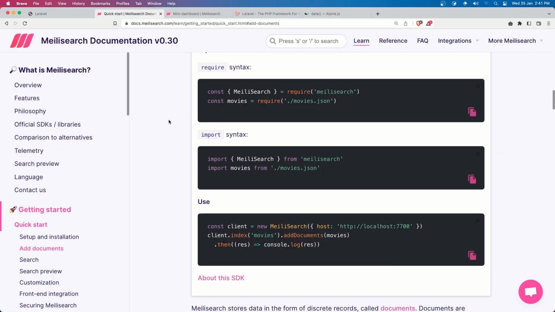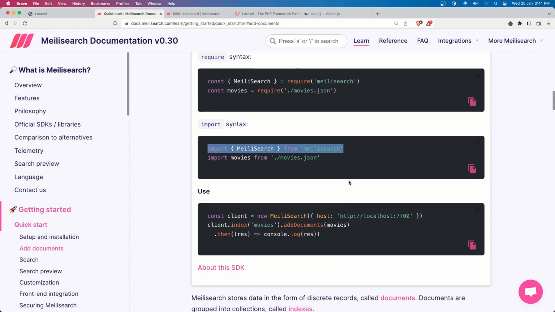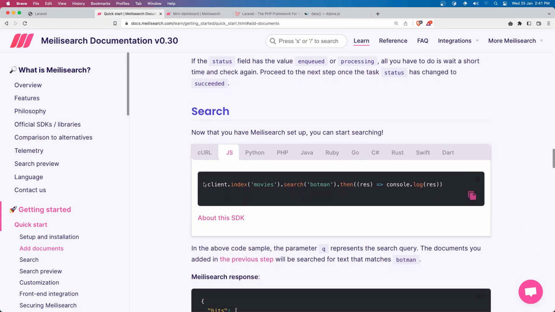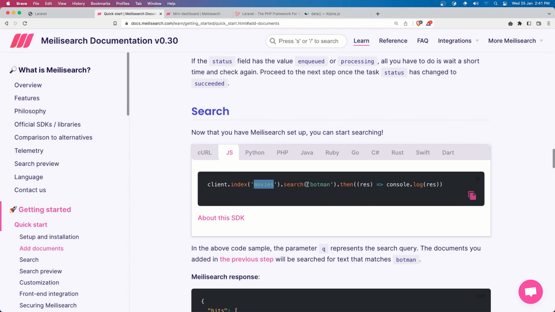Now what we want, if you go to the Meilisearch documentation, we have an example for JS. We can import the Meilisearch and then create a client, and then we can search in that client. So we have an example down there, client index, and search, adding the string inside. Okay, the same thing we are going to do, but just we need to change the index, which is going to be the articles,